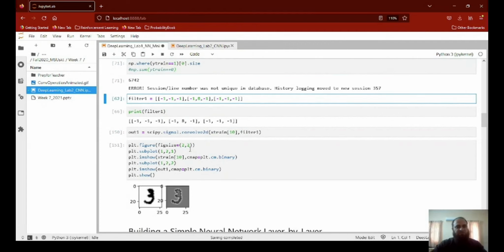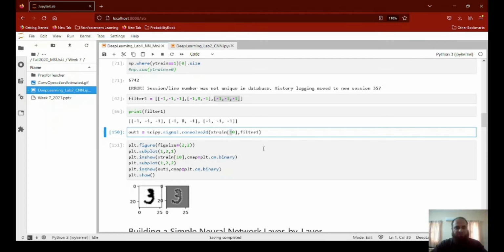I have defined this filter here, and its size is 3 by 3. It is a matrix of size 3 times 3. The first row is this one, the second row is this one, these are the values in the second row, and the third row has these values. This is a filter of size 3 by 3, and here we are convolving this filter with this image, let's say the 21st image. Run it. It has convolved and given the output in this variable